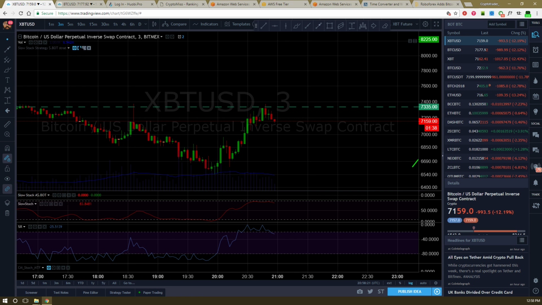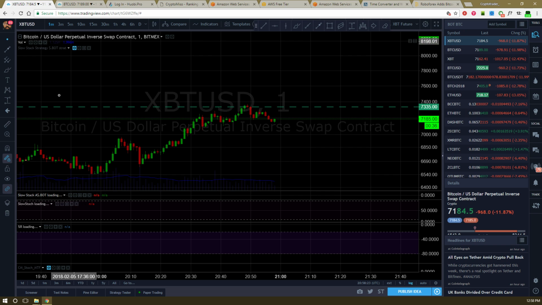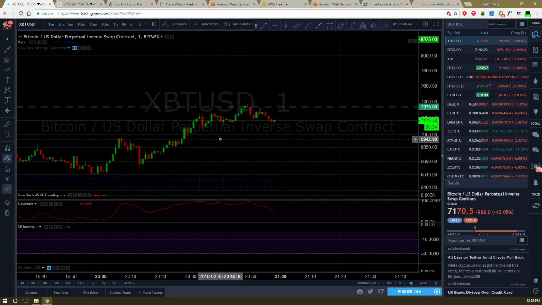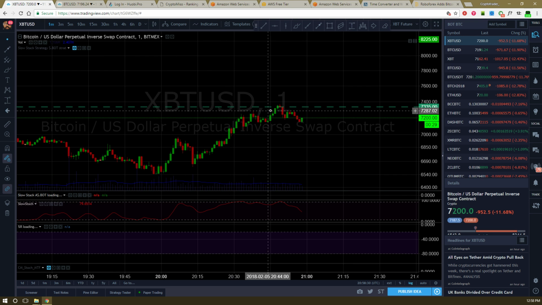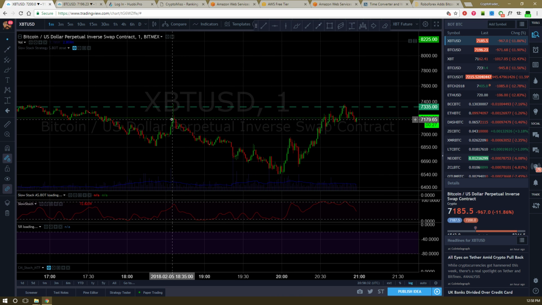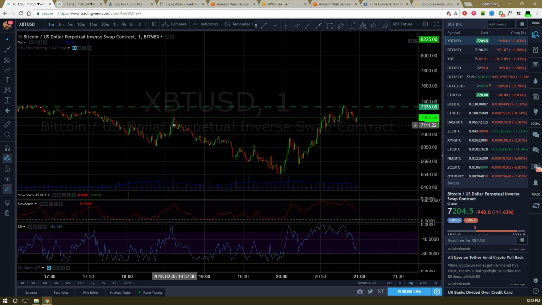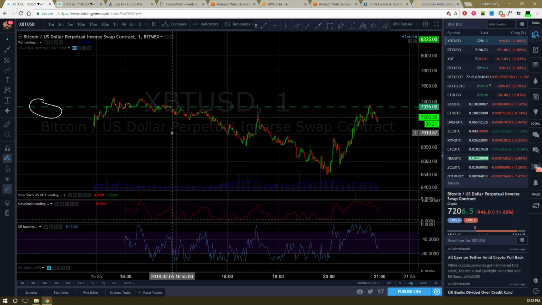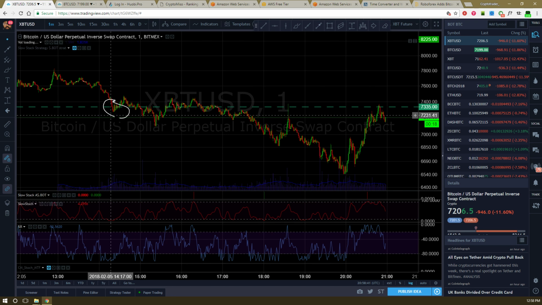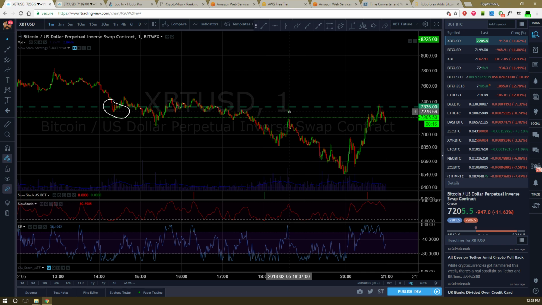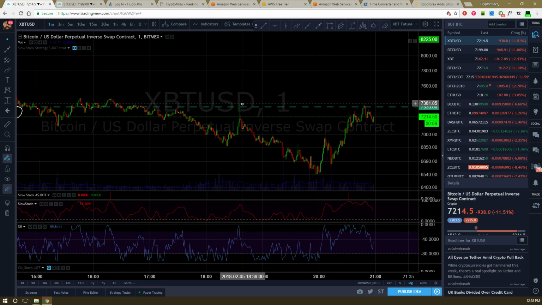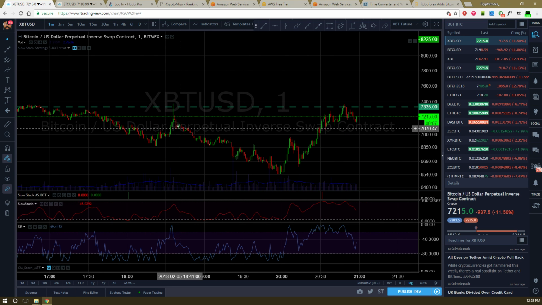I was looking at this chart. Let's see what it looks like on a 1 minute. Doesn't look like that on a 1 minute. But it pretty much went, here it is right here. It does look like that on a 1 minute. Here it is, it's green. Look at that. All right, this is where I got in, boom. And this is where it came down and I was like, look at that. And then I was looking, it did a sharp crash upwards. It was a flash spike.